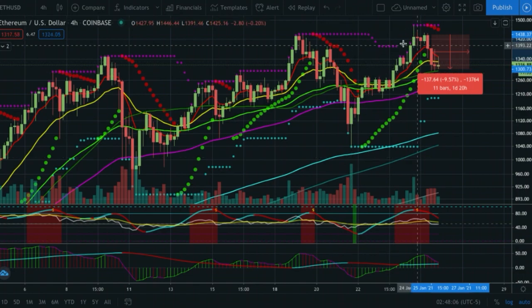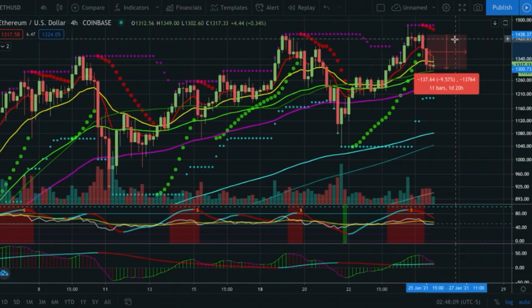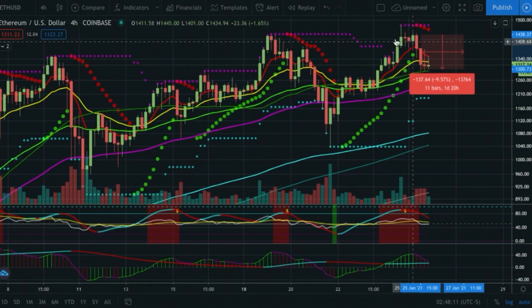Would have been a nice buy. I did not long Ethereum, but I did short it here at the top when we essentially came up to that same resistance point again. Couldn't break through it. Got that wick up, rejection. Took the short. I was actually short from right in the middle of this candle here. So it started to creep back up and look like I potentially was going to get stopped out here.